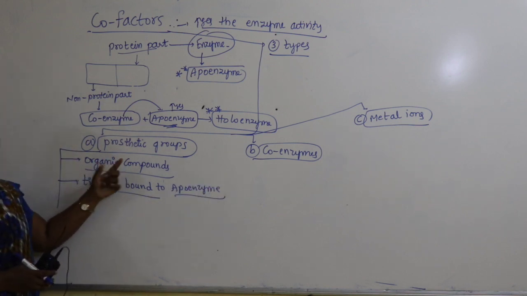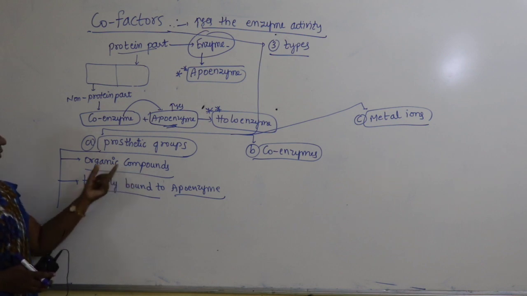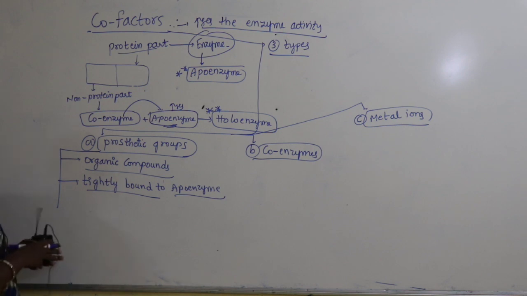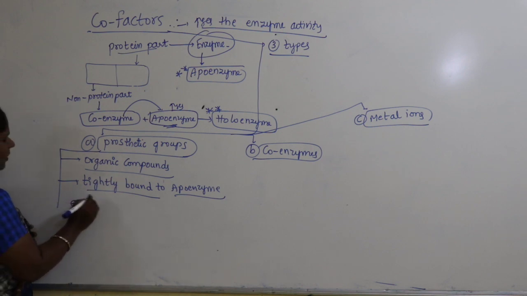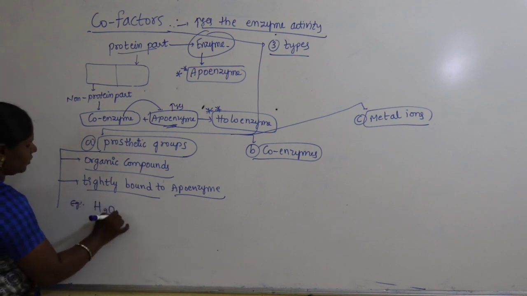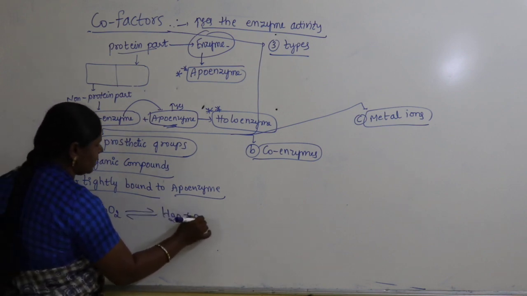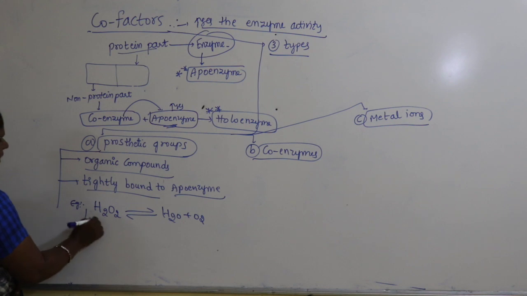Prosthetic groups are organic compounds very tightly bound to apoenzyme. For example, take hydrogen peroxide, H2O2, which leads to the formation of water and oxygen. This is catalyzed by two enzymes,